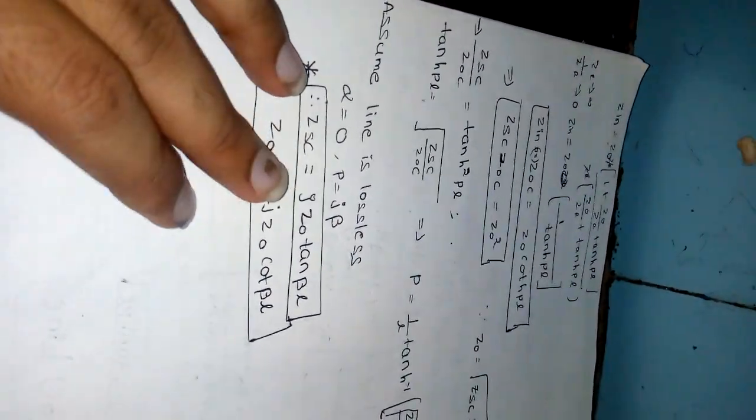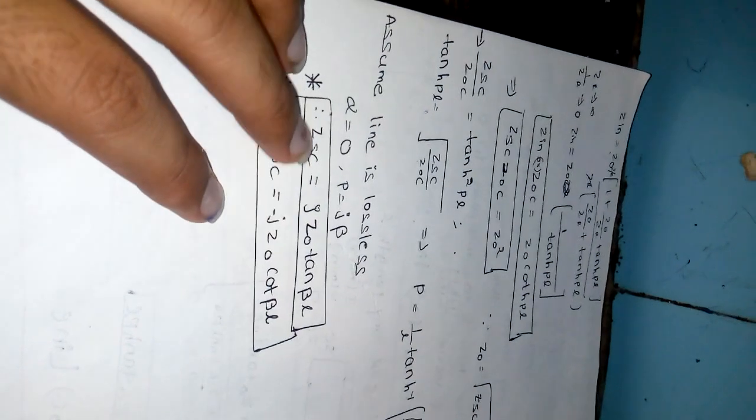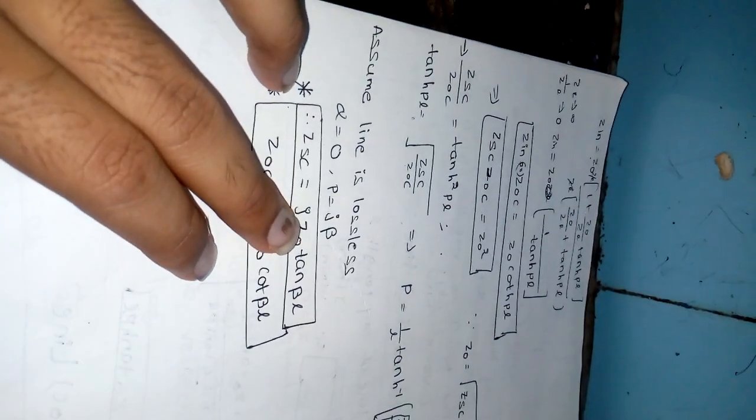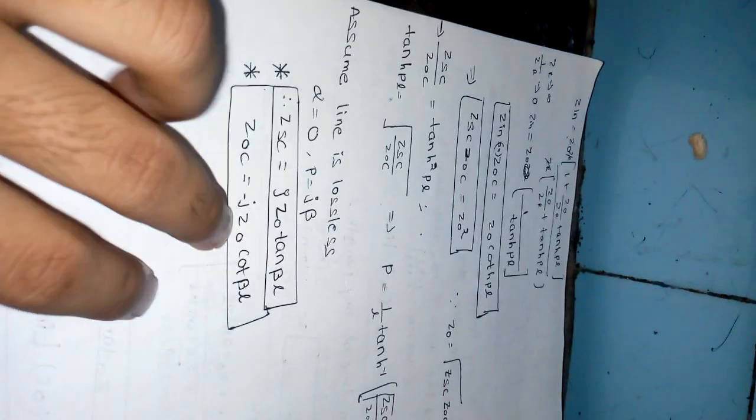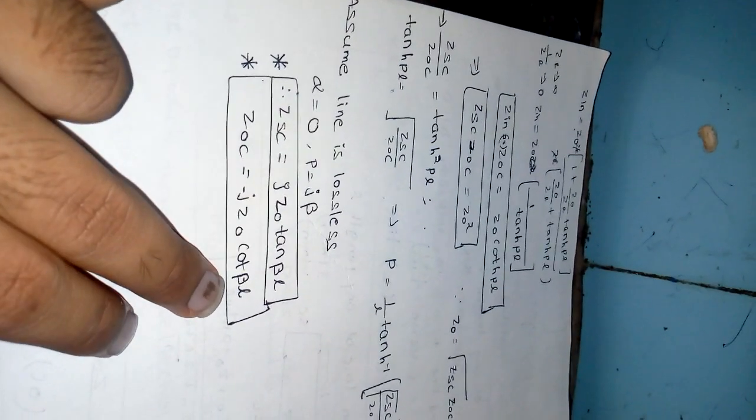If the line is lossless, we know alpha equal to 0 and P equal to j beta only. Substituting ZSC equal to Z0 tanh j beta L and ZOC equal to Z0 coth j beta L, here we have one formula: sinh jx equal to j sin x, and cosh jx equal to cos x. That is, hyperbolic functions are